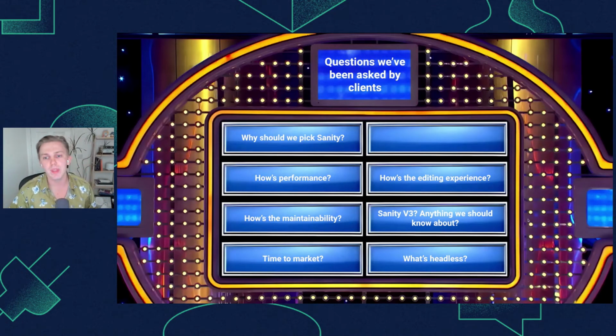And then finally, how's the customer experience? This one comes up quite a lot because we've had a lot of people that have potentially been burnt by other companies. Personally, I had an incredible experience with Sanity from day one with the community. I've had a lot of people talk to me, both community members and members of the Sanity team. So it's always great to be honest and say, look, this is a thriving community.